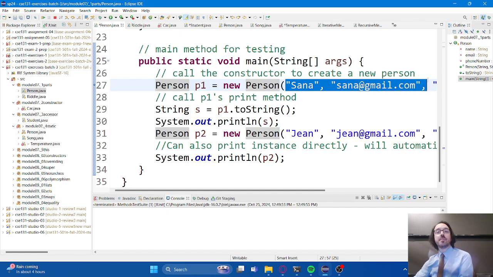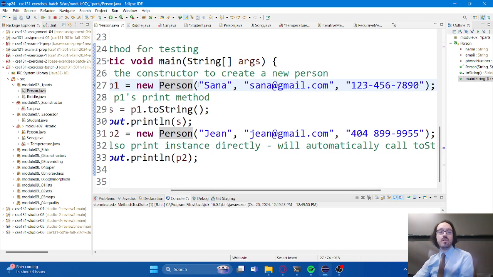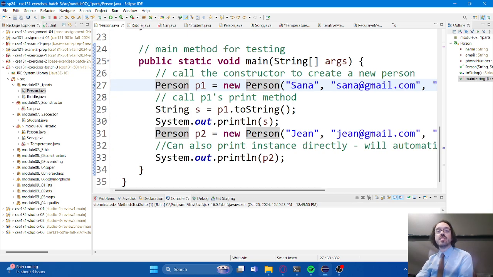So after that, you can see the parameters that are getting plugged in here. We're going to talk a little bit about how this constructor works in more detail in just a second, but you can see I'm passing in the name, the email address, and a phone number. Those get stored within the instance of this object. And I can use this constructor as many times as I want to create as many instances as I want.